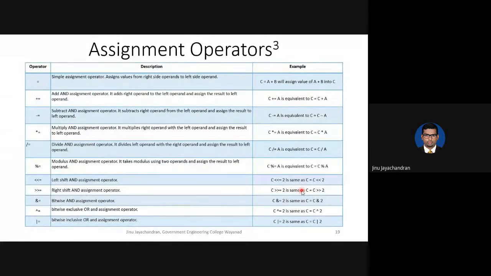And you have a lot of assignment operators. Equal to is the normal assignment operator, where you say c is equal to a plus b. Plus equal to, c plus equal to a, means c is equal to c plus a. Minus equal to, c minus equal to a, means c is equal to c minus a. So wherever you have plus equal to, minus equal to, or any operator combined with equal to, it basically means the variable on the left hand side is equal to that same variable combined with the variable on the right hand side. Okay, please remember that.